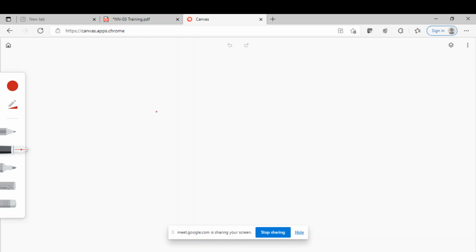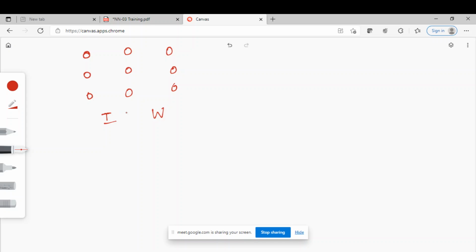So if you have a neural network something like this with some neurons in the input layer. So three layers we have: input layer, hidden layer, and output layer. We are calling the weight between the hidden layer and the output layer as W, and the weight between the input layer and the hidden layer as I.